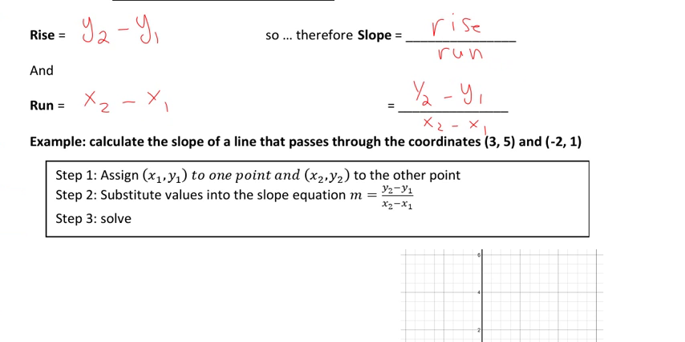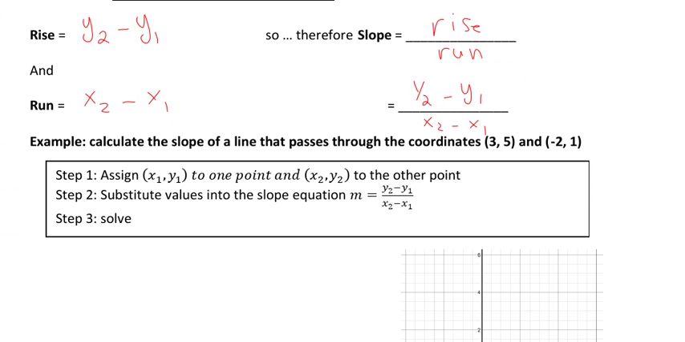y2 minus y1 over x2 minus x1. Okay? So how do I know which one is y, which one is x? You're going to have to assign it. Okay? So this is your point. You're going to start with, point is what? X,